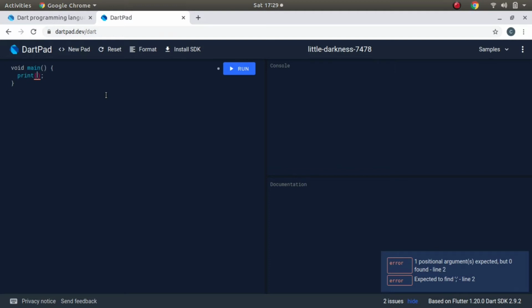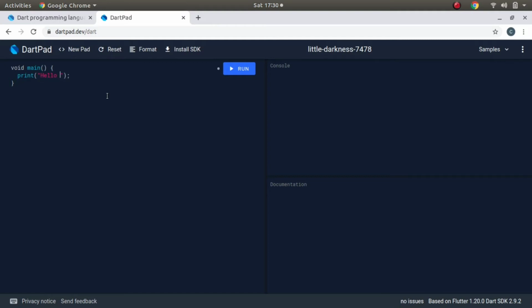You always have to put a semicolon after every statement of your code to tell the compiler that this statement has ended. Now what is a compiler? Again, I said that I will tell later on. Now inside the parentheses put double inverted commas, and inside them write hello world. Let's say hi to the world of programming.